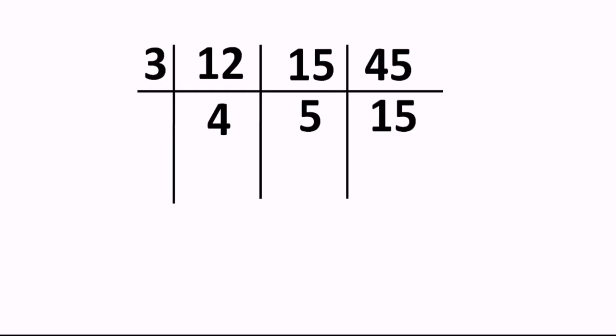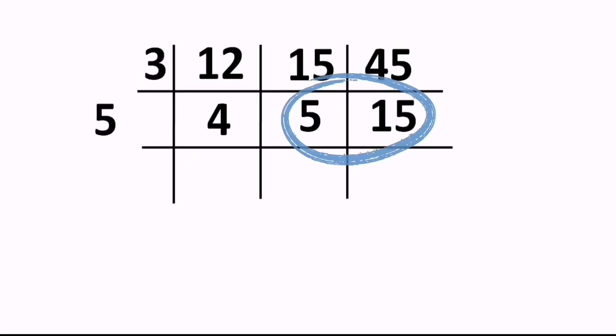Okay. Now as this 3 has divided all three numbers, let's see whether we can find other numbers which will divide all three. 4, 5 and 15. I don't think so. These three numbers are not in the same table, right? But if you observe, 5 and 15 are present in 5's table, so we have to keep on dividing. For the GCD we have to stop, but for the LCM, if you find any two numbers from the three that are divisible by the same number, then we have to carry on with the division. So presently I can divide by 5.